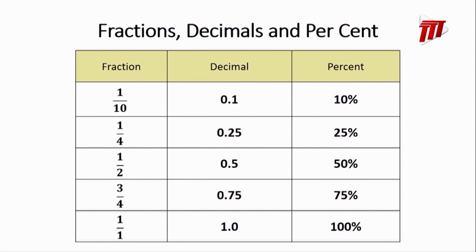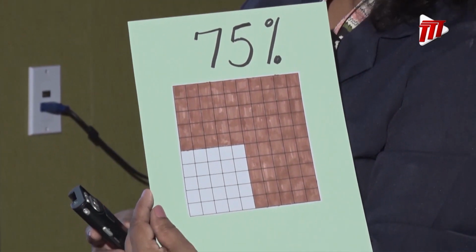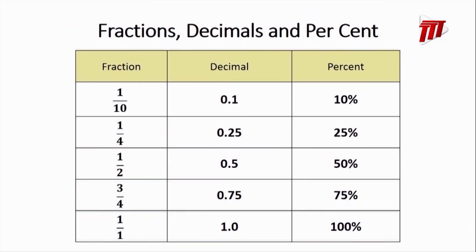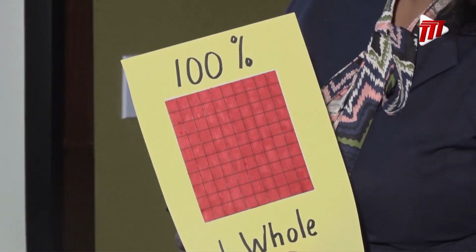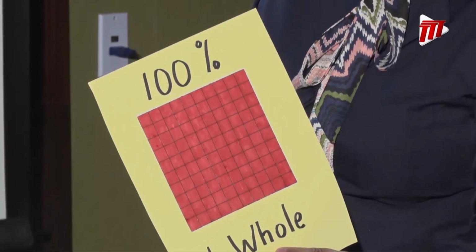And we have looked at the 3/4 fraction, which is represented also as a decimal as 75 hundredths and also as 75%. And we have, of course, our whole, which is represented as 100%, or one whole as a